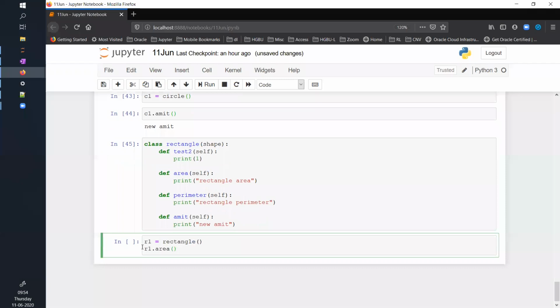So it is the same function name, but because we have a different object, even the same function name is invoking a different method, right? You can think of this as polymorphism for now. Polymorphism means different forms, which is possible in object-oriented programming.